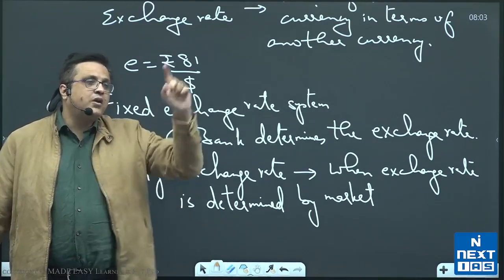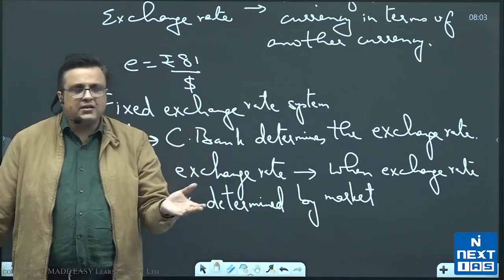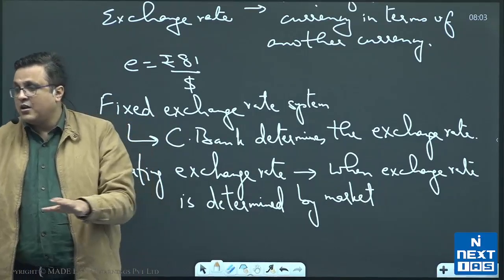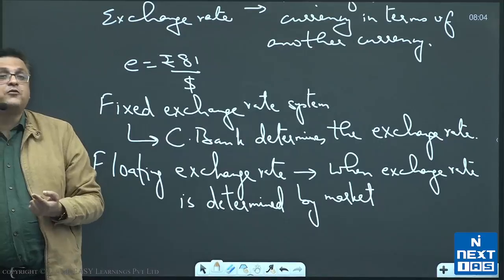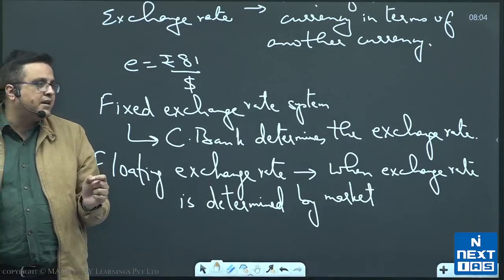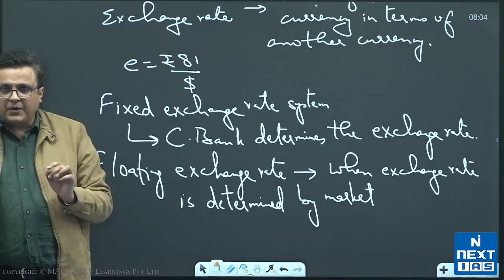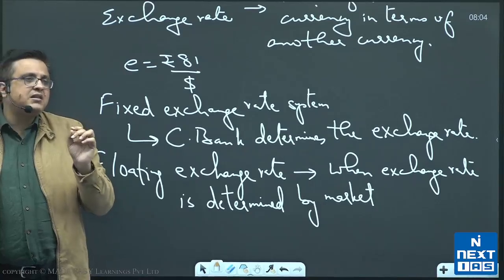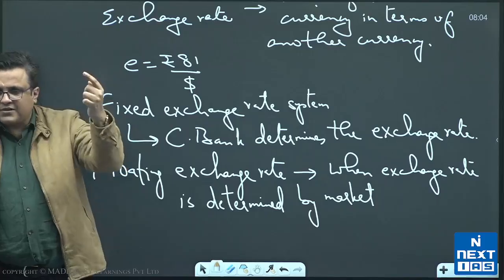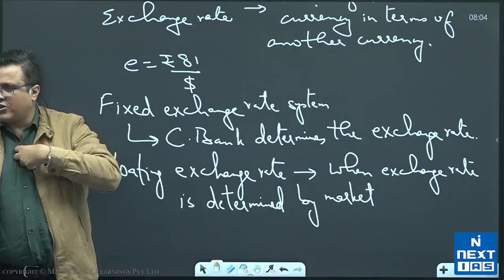Similarly, if Indians go and buy factories abroad, if Indians go and buy shares abroad, then the supply of domestic currency will rise, and demand for foreign currency will fall. So whatever increases the demand for foreign currency will result in depreciating my currency and appreciating foreign currency. Do I reach you on this? I repeat myself again. Whatever increases the demand for foreign currency, like if I am importing more from abroad or if I am investing more abroad, will result in appreciation of foreign currency and depreciation of my currency.